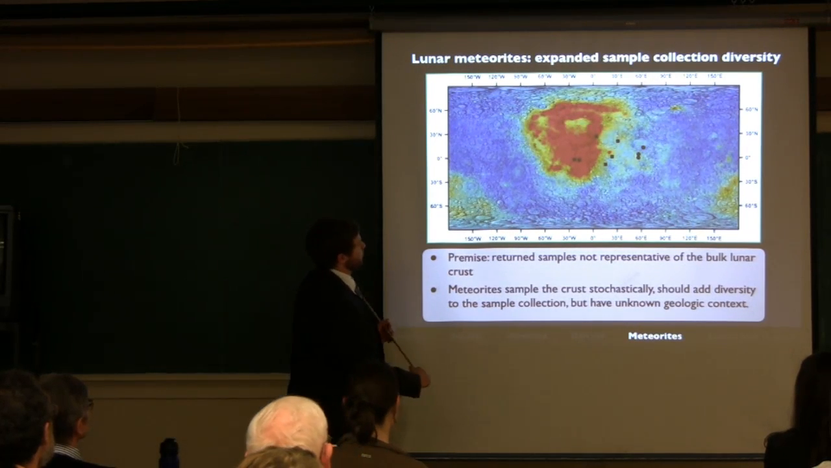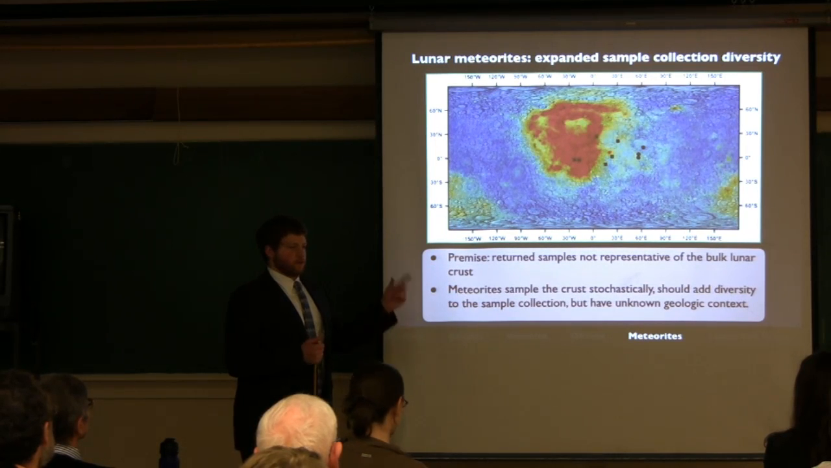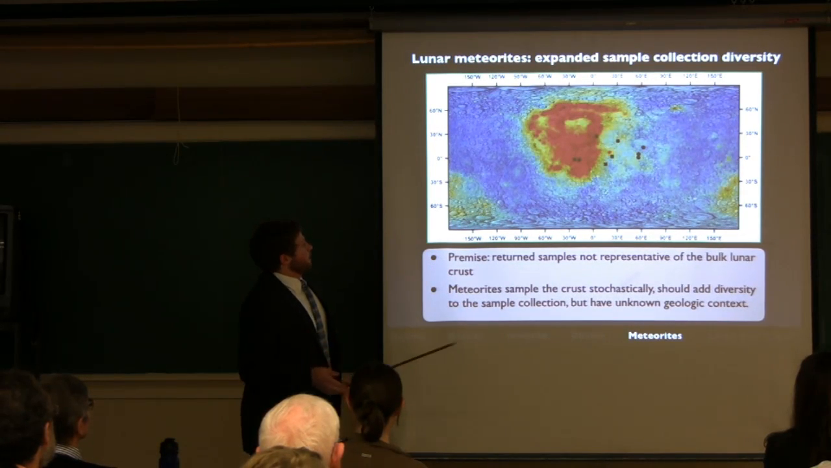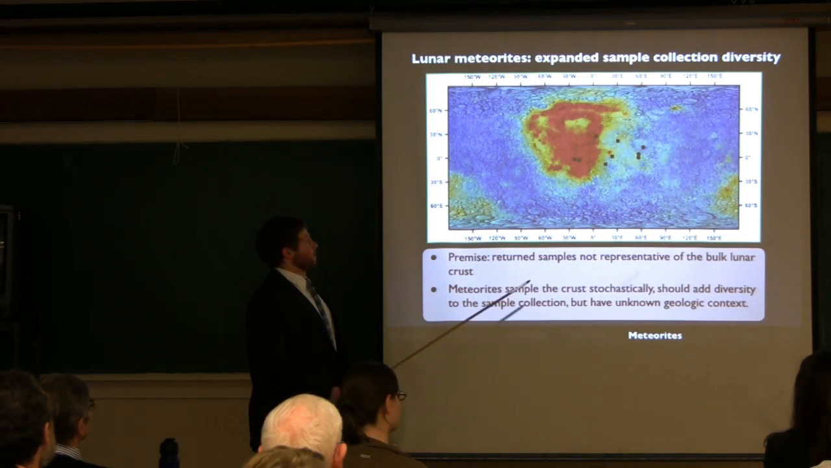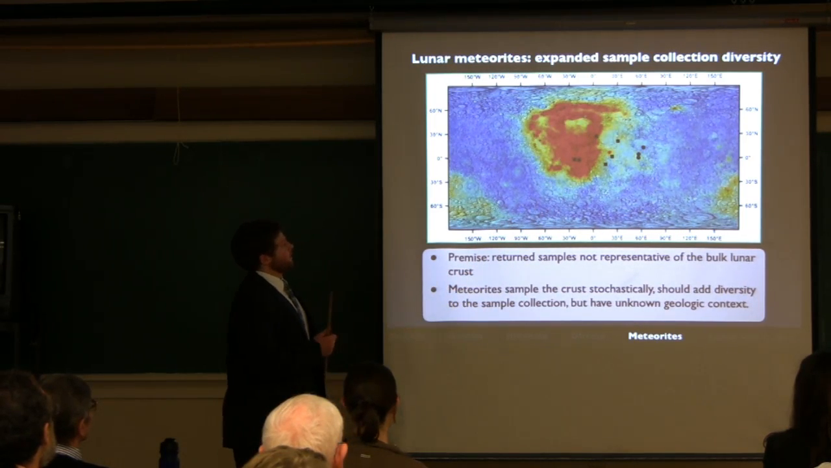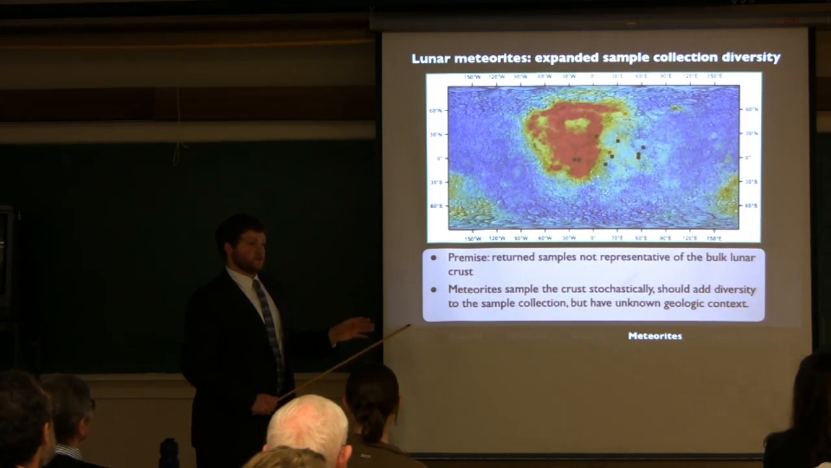This is a map of global thorium distribution, where the high is maybe 13 parts per million. I'm sorry, I don't have the scale bar on here. And the sample return sites are plotted in black symbols here. The Apollo sites are squares, obviously. And you can see that these are all within the red high region, which has been termed the